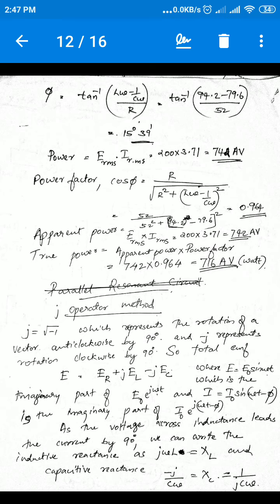And minus j we have on top, and we can move it to the denominator. How can we move it down? In the denominator, you multiply it with j again, on the numerator and denominator. So the numerator will be minus j square. Minus j square is 1, and the denominator will be j into C omega. So you will get minus j by C omega is 1 by j C omega. Okay, so XC, the capacitive reactance, is 1 by j C omega.